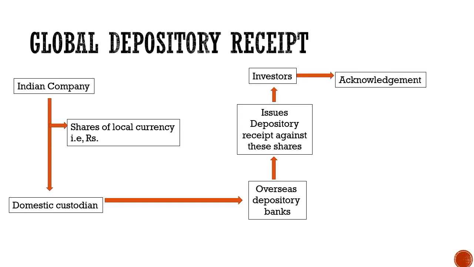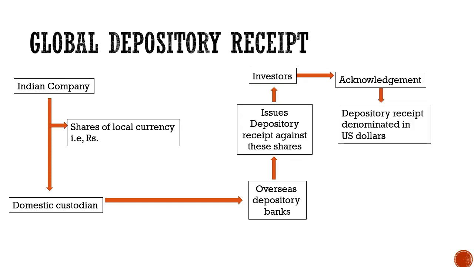Now the investors are also given an acknowledgement about those shares held by them, and along with that they'll be given a receipt. The depository receipt will be denominated in US dollar, as we have taken an example of US. Now, global depository receipt means US along with any other European nation, globally any kind of receipts available. So the depository receipt will be denominated in US dollar, as we are taking the example of US